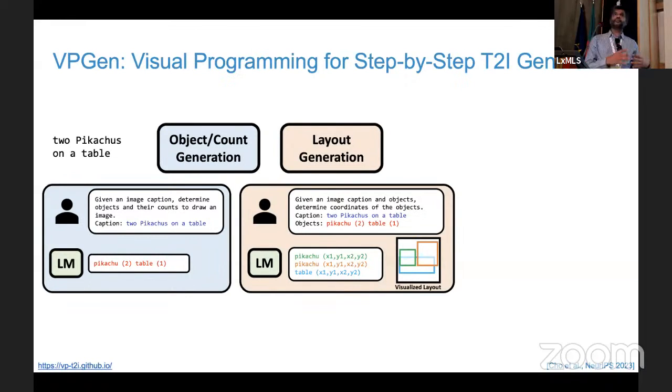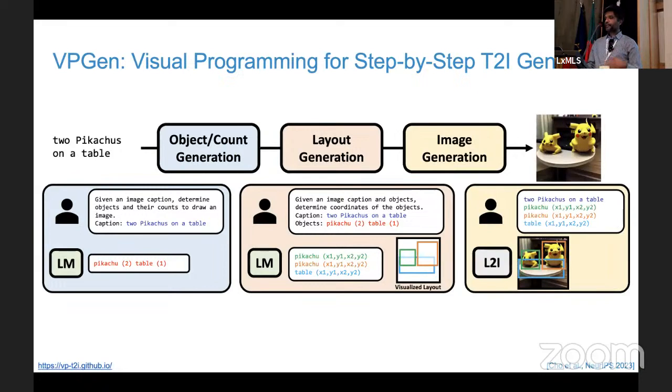So here's where some of the language knowledge about prepositions and other things starts coming in. Since it says "2 Pikachus on a table", it will learn that the coordinates it's generating for the boxes, the average y coordinate for the table box, will be lower than the average y coordinate of the two Pikachu boxes, because it's "on" as opposed to "under". And then the third part will be, given these boxes, it will try to fill in. This is called in-painting or infilling. So layout-conditioned in-painting modules will be used to actually fill in the information jointly.